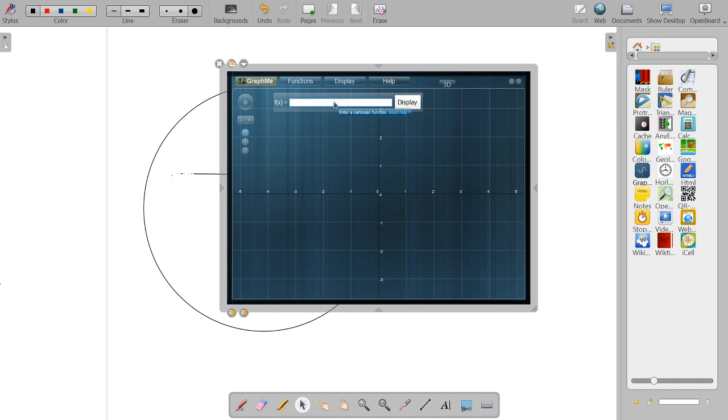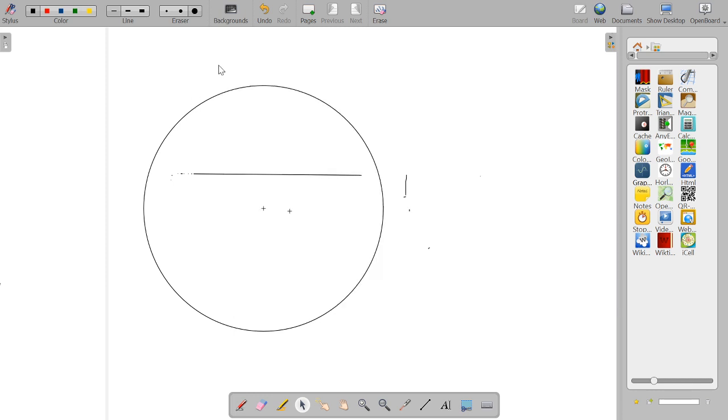Here I am typing sine of x. Now the sine curve has come. Anyway, you play around and check it out. Like that, there are so many applications they have given: graph, stop clock, Wikipedia, ISL, calculator, Google map, and you just play around.